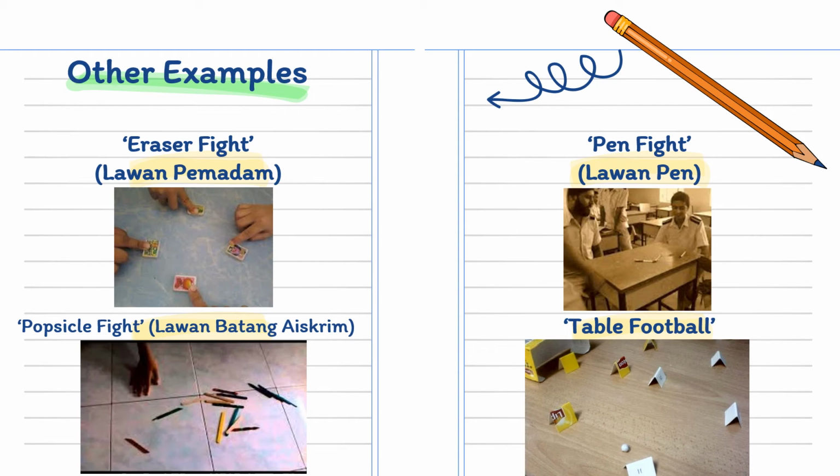And then you hit the players to kick the ball. Awak tekan pemain-pemain tu, player tu awak tekan supaya dia boleh sepak bola. Yang ni rasanya kalau ada abang boleh tanya abang lah. They know this game. Maybe your parents also know this game. Mungkin mak ayah pun tahulah game ni.